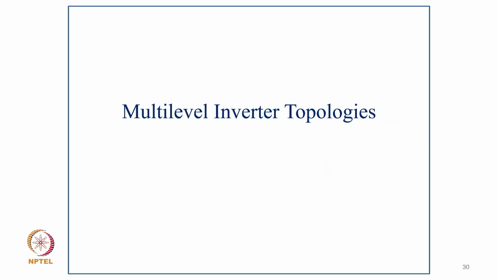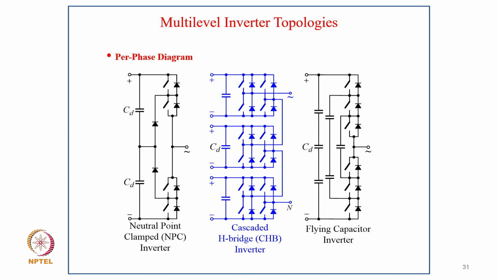So coming to these multi-level inverter topologies, first is the neutral point clamped inverter, where your midpoint is connected through diodes and devices upper and lower. The second is the cascaded H-bridge, where you cascade several H-bridges in series, each corresponding to a single phase H-bridge, and then the flying capacitors. So these are the basic fundamental blocks of these different kinds of multi-level inverter with one phase, and you can extend to any number of phases, normally 3 or more for many applications